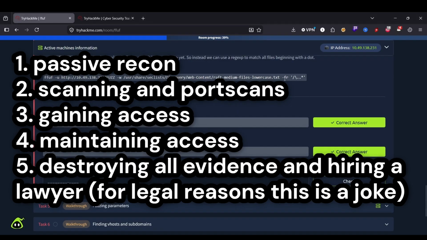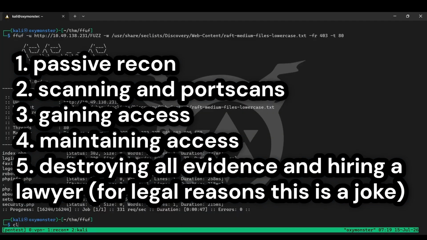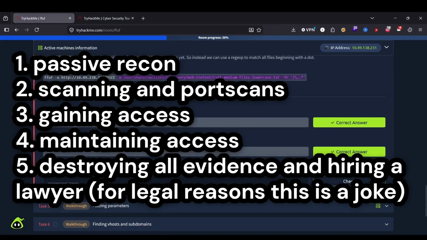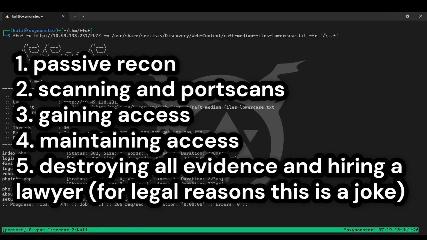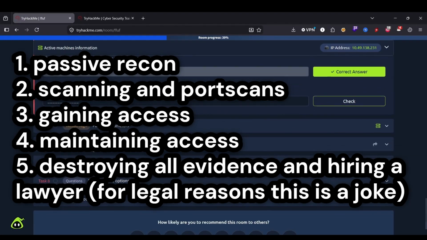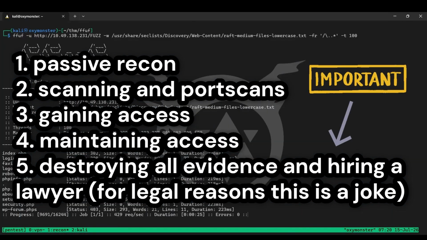Quick rundown of the rest, since I will not cover these today. Third stage is gaining access, so this is where you run your exploits, SQL injection, CSRF, XSS, all that good stuff. Fourth is maintaining access once you're inside a system, sustaining control over it and staying undetected. On the Black Hat side, this is where rootkits, hidden accounts, and Trojans come in, but that's beyond the scope